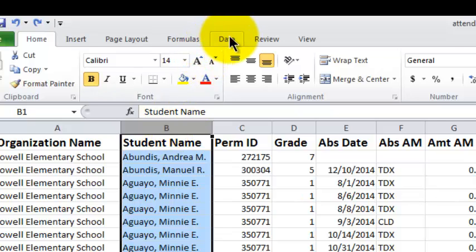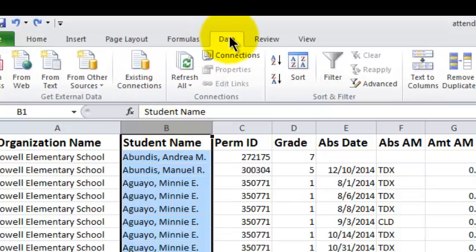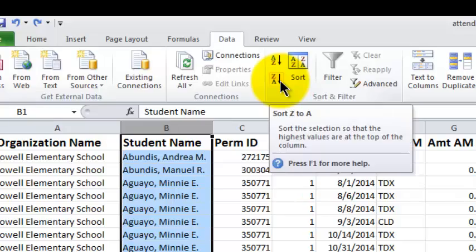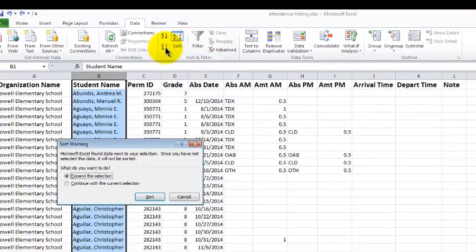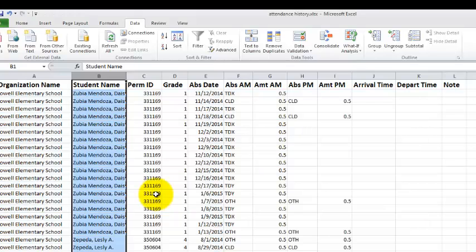We're going to click on the data ribbon, and now over here we're going to click on Z to A, sort Z to A. And it's going to say, what do you want to do? Expand the selection or continue with the current selection? In almost every case, you want to expand the selection because you want all the other columns to sort with the column you've selected. So I click sort, and now the first name in the column is a name that